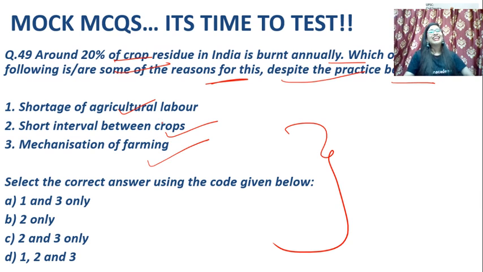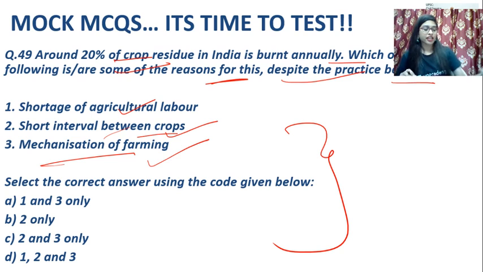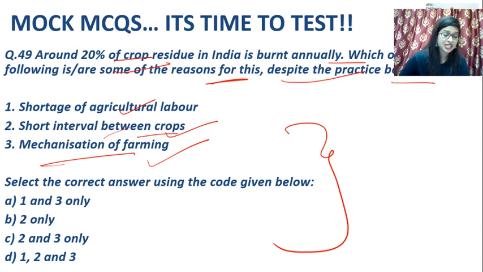If you see mechanization of farming, we know that there is a lack of mechanization, right? There is not much mechanization. But even if there is mechanization, will that lead to burning of crop residue? Second one, is it because of shortage of agricultural labor? And the third one talks about short interval between crops. They continuously keep rotating the crops. Is it because of that? Think and say. So yes,